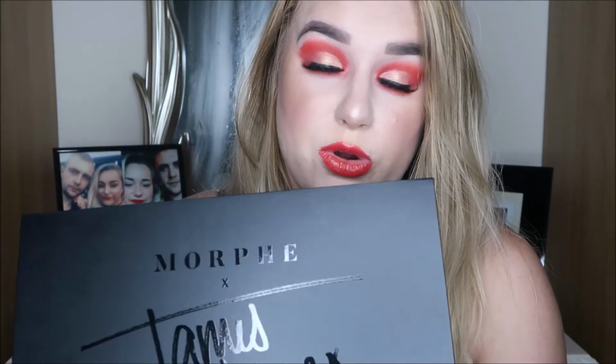There's nothing I can say about it. I think that if you are in the market for a new eyeshadow palette and you want something that does everything, then you need this in your life. Like, I literally cannot imagine not having this now I've got it, and I'm so glad that I tried myself